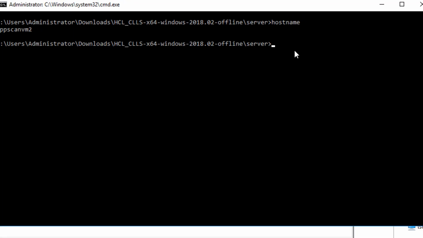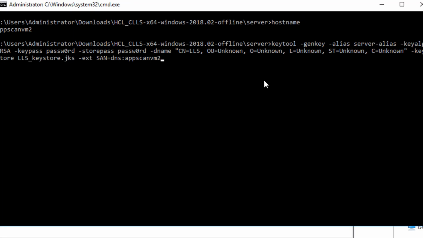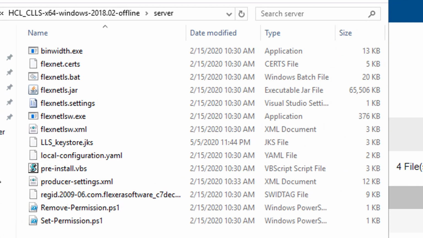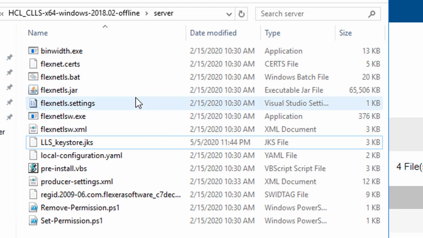Let's go back to the command line, right click to paste, and I'll press enter to execute the command. So what has happened now is that I have generated a keystore file called lls_keystore.jks, and it's available now under the server folder of my local license server installation folder. So the next step here is to go back to our server folder and locate the file